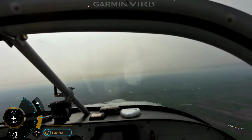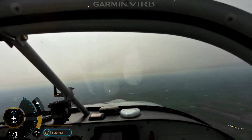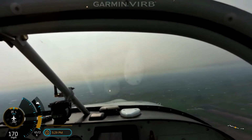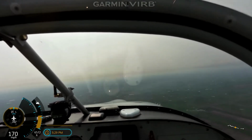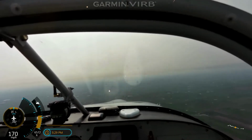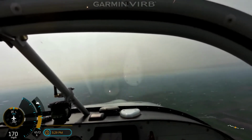There were some thunderstorms around Rapid City. The computer tells me they're kind of dying down, so that's good. Didn't want to be up there trying to dodge thunderstorms a little low on fuel. Not real low, but I'd probably be at about 20 gallons. The problem with South Dakota is the airports are few and far between, so if I have to divert from Rapid City,